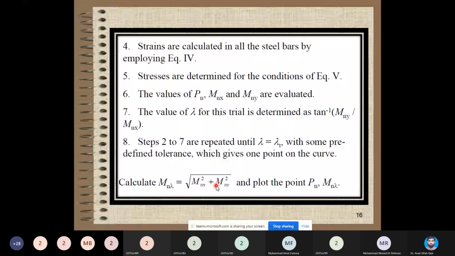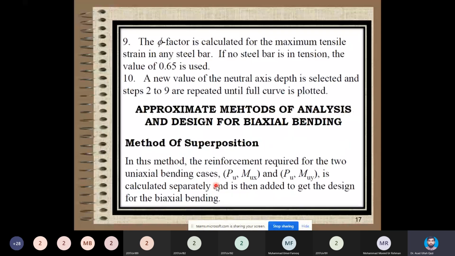So this is what the strain compatibility method is, that you will be working on exact estimation, and obviously a lot of numerical effort is required, but it is a more exact method. In the book by James K. Wight and MacGregor, you will get one problem in which the author has solved the column by this strain compatibility method. So I can show you in a coming lecture the solved problem, how much effort was made to solve that column, and that will obviously be a more exact method.